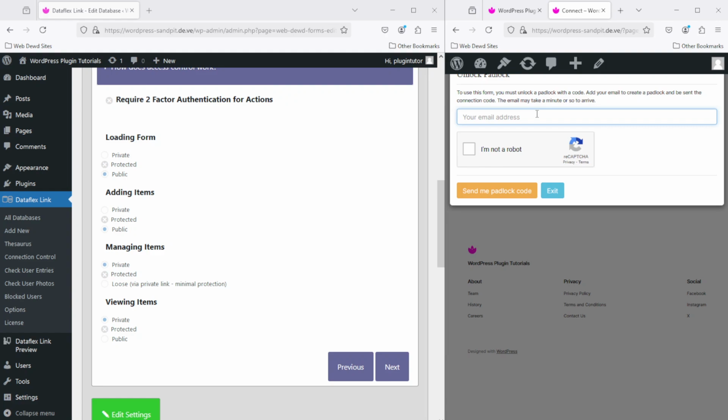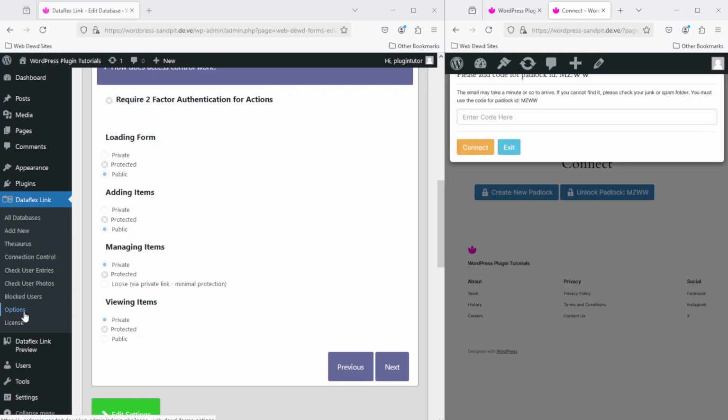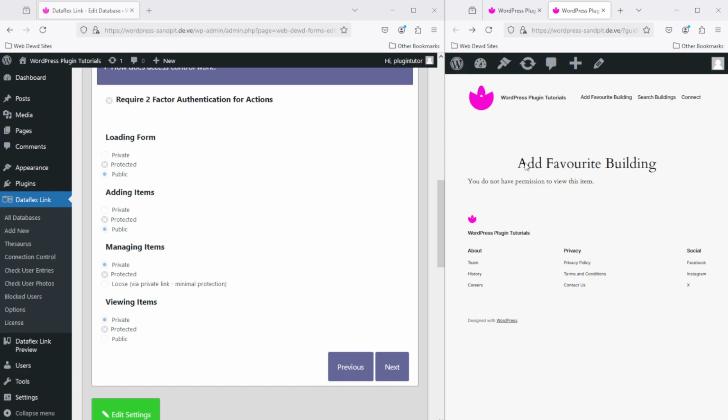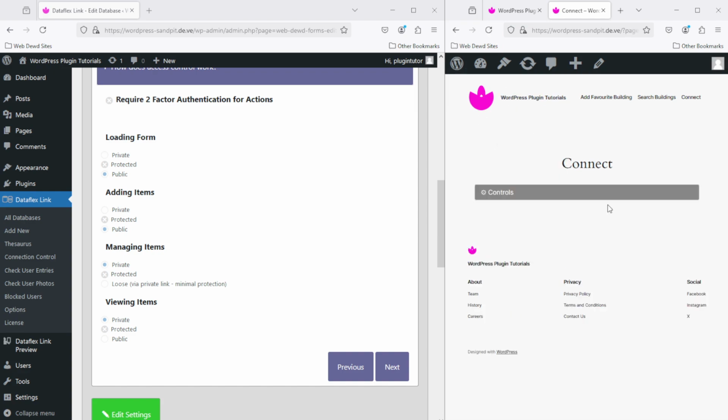So let's connect as Paul first. And the code for that padlock is pasted in there. And if we go back, we'll see we do not have permission to view the item. So we go forward again, disconnect,